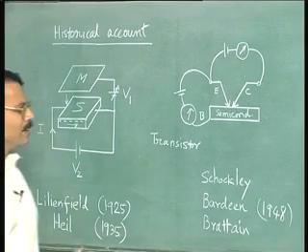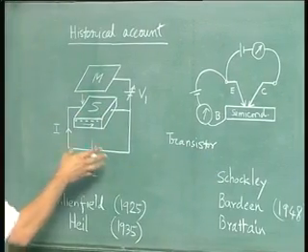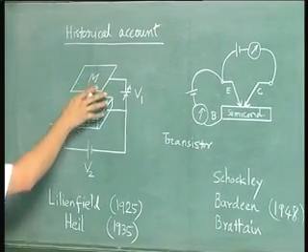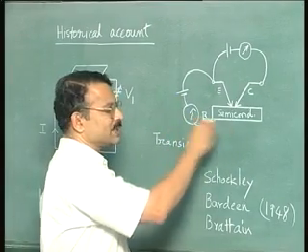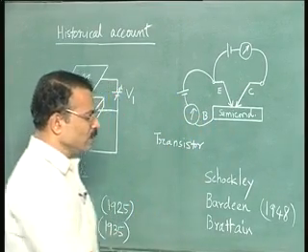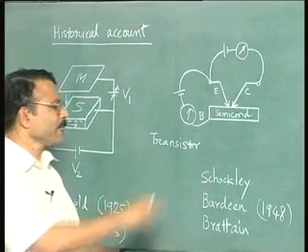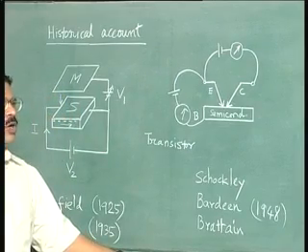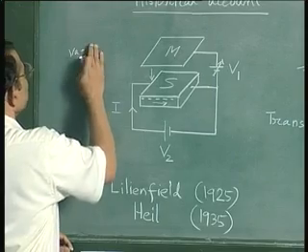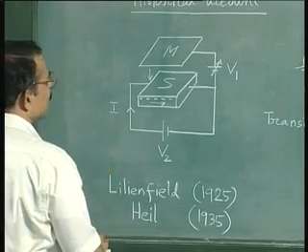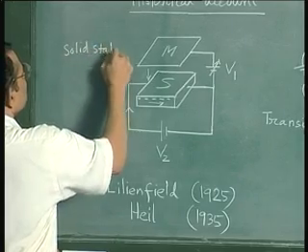So once they found some device which they can use, they abandoned the experiment that they were doing to perfect a device according to this concept, and then they started perfecting this new device which is called the transistor. So it is in 1948 that this particular transistor was discovered accidentally while trying to perfect the vacuum tube triode. Rather the solid state equivalent of the vacuum tube triode. So we can call it the solid state triode.